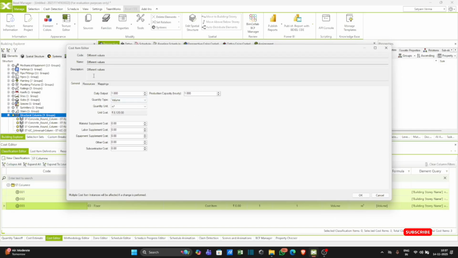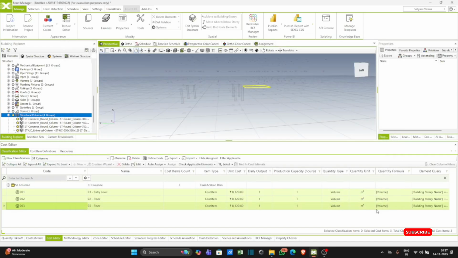You can change according to your specification. So you can see my unit cost is formed. Now we go to auto assign to new cost version and assign it. So here we completely assign our resources.